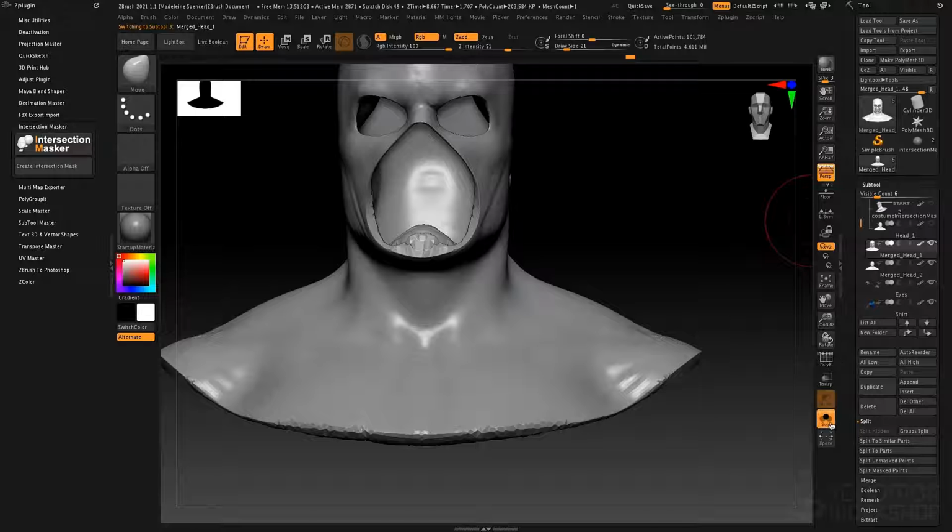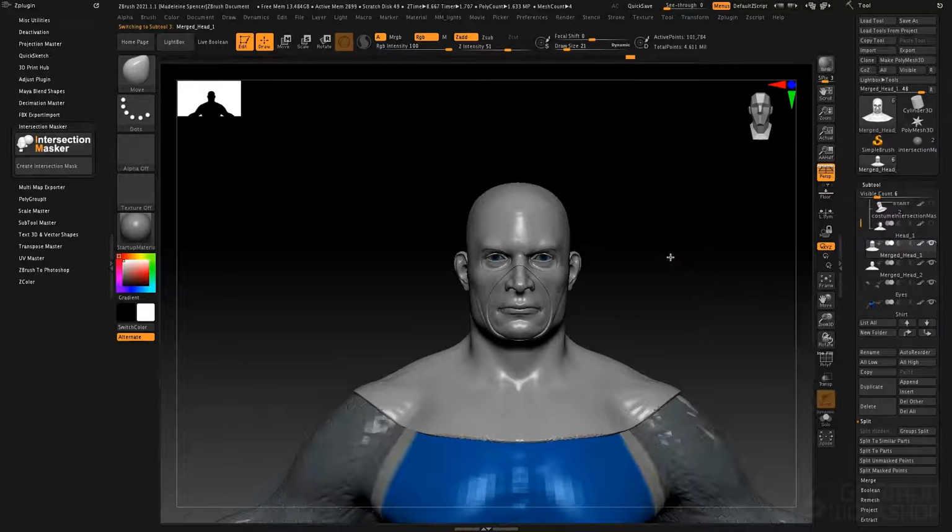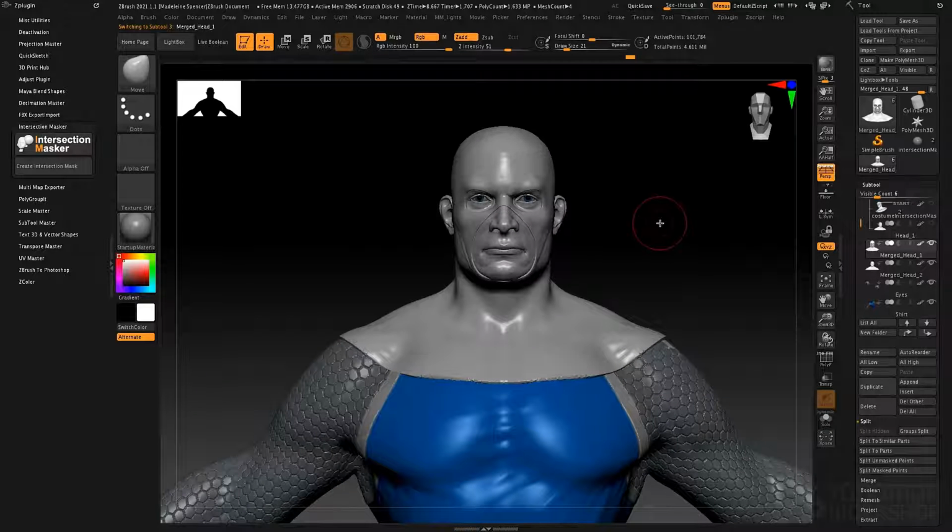So that's how we can utilize Intersection Masker to determine whether or not two volumes for a 3D print are actually intersecting. Of course, there's a myriad other uses for this that you can come up with as you're working in ZBrush. Anytime you can find a use for creating a mask between the intersection of two objects that you can then use to make more geometry or to add further complexity to a form,